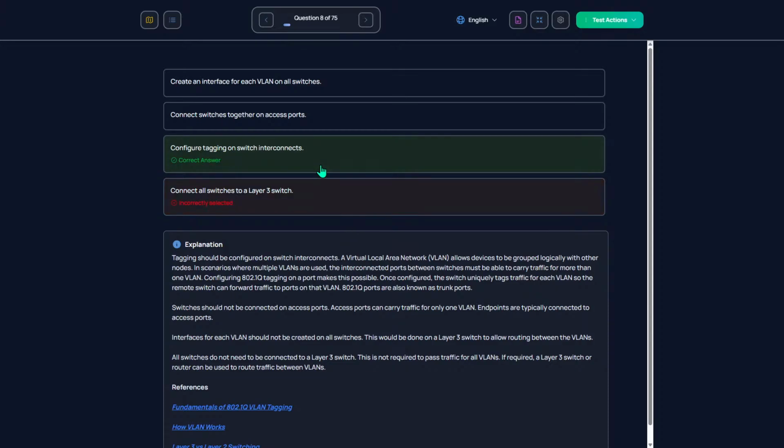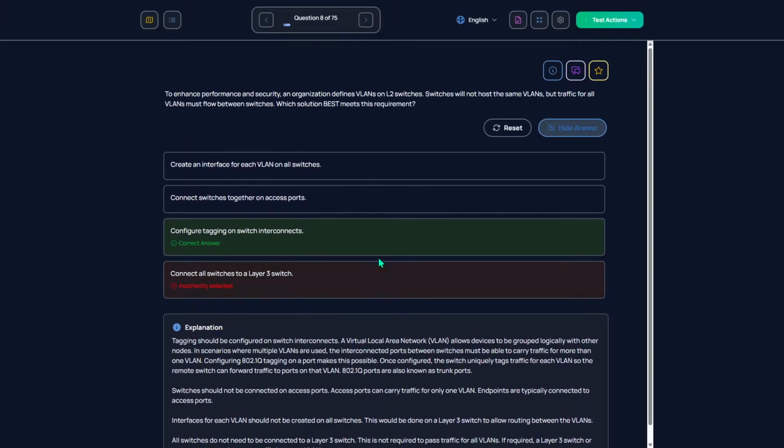Okay, I think I remember this one for some reason. Tagging should be configured on switch interconnects. A virtual local area network allows devices to be grouped logically, this means digitally, with other nodes in scenarios where multiple VLANs are used. So you want to basically just tag all your logical connections or devices. Okay.